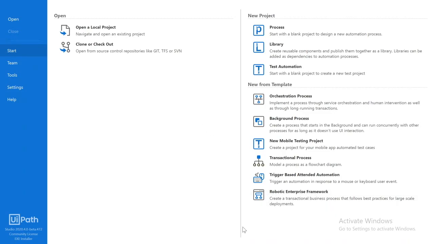Just to recap, we registered ourselves on the Community Cloud, created an Orchestrator instance, and then installed the UiPath Studio. In the next video, we would explore the UiPath Studio settings and set it up for the workflow